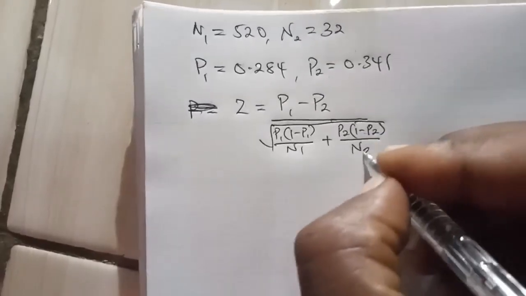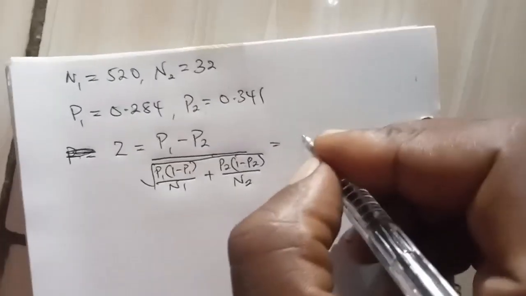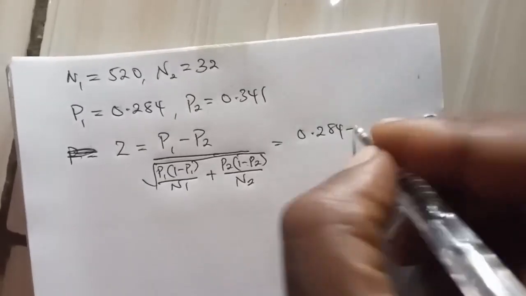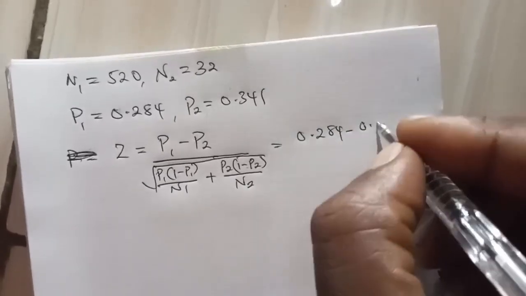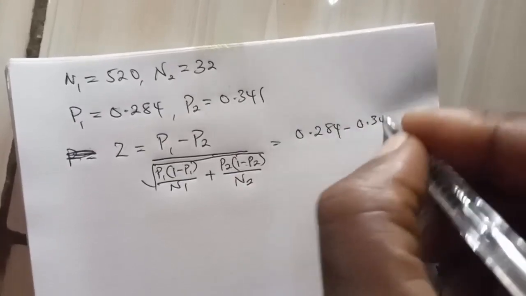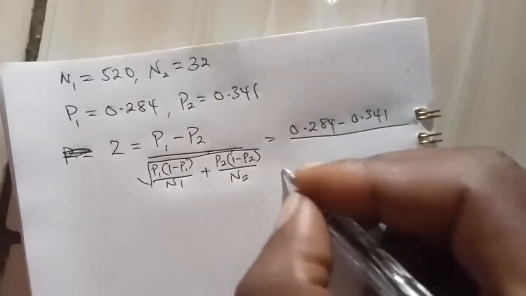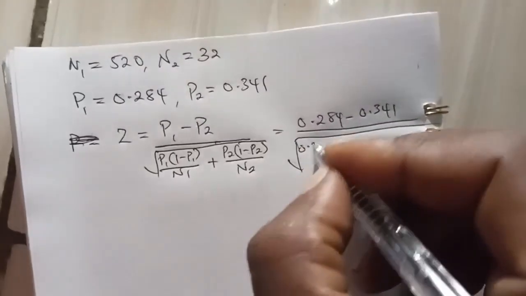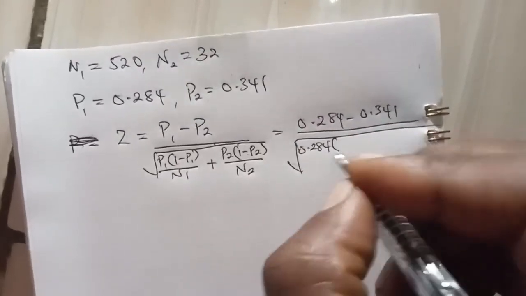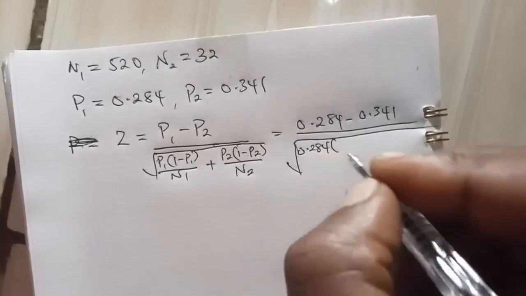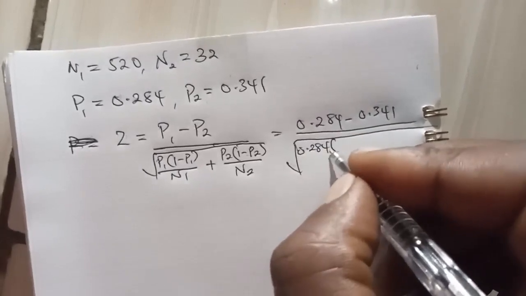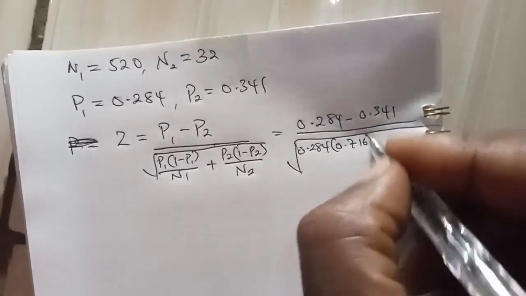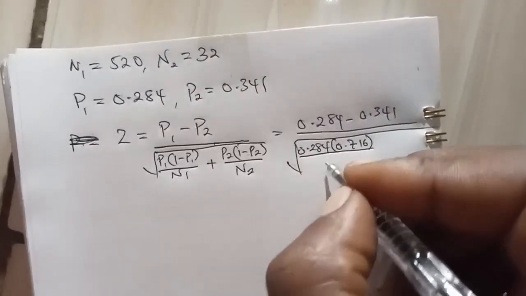If we fix in the values, our P1 is 0.284 minus our P2 is 0.341 all over square root of our P1 is 0.284 into 1 minus 0.284, what we'll have is 0.716 over